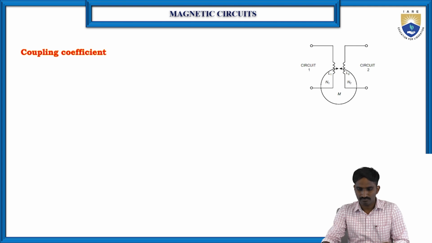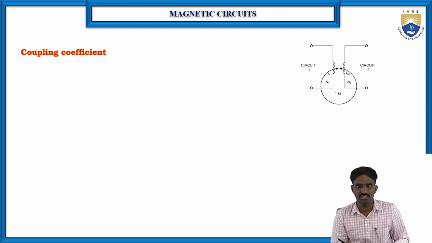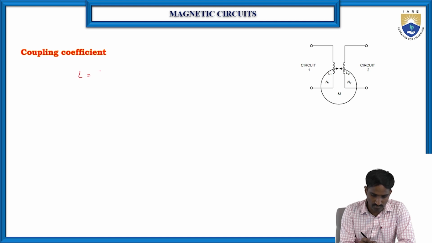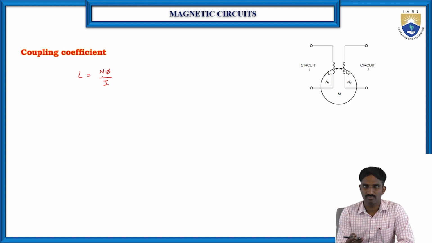For that, of course, I am again considering the same circuit which we discussed just now. First, as we know, let me write the equation for the inductance, because inductance for the first circuit is there, inductance for the second circuit is there. So instead of saying primary or secondary inductance, or the inductance of circuit 1 or circuit 2, we can also call it the self inductance. So generally I am writing L is equal to N into phi by I. We know already what N is. N means the number of turns, phi is the flux linkage and I is the current flowing through the